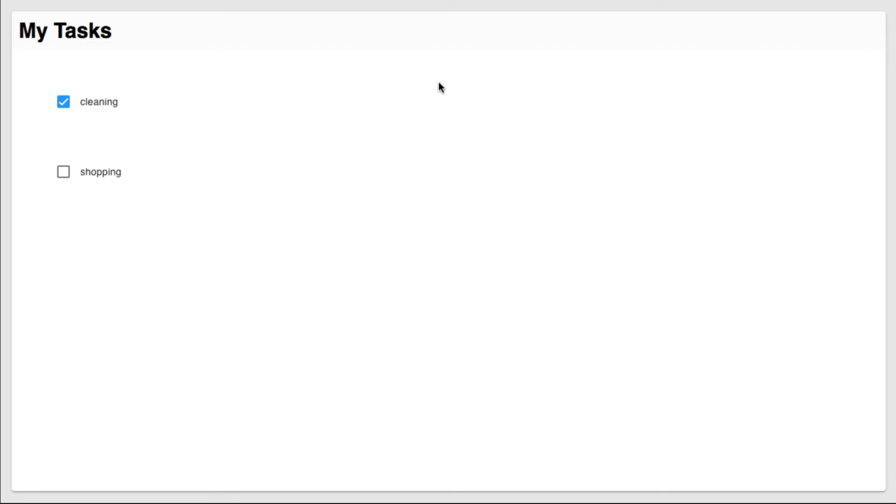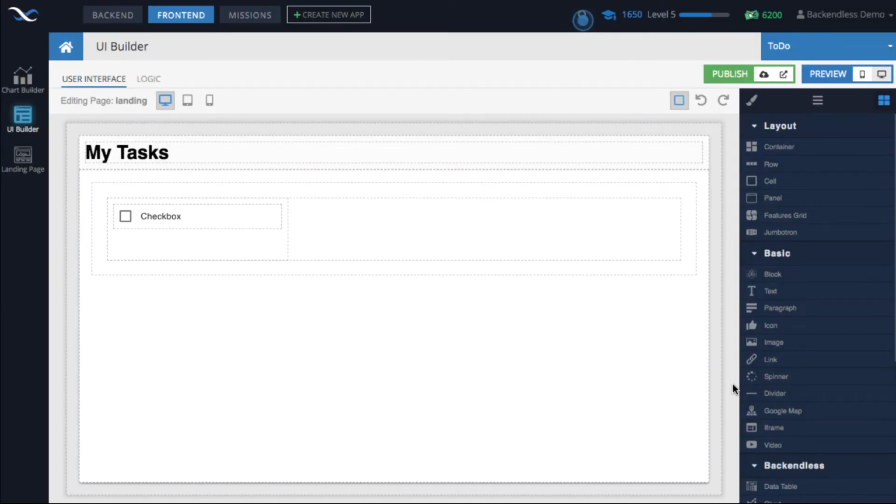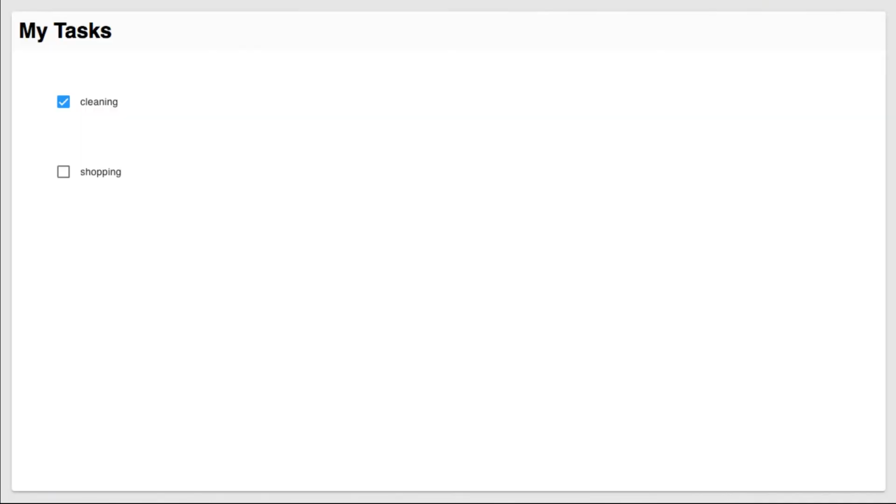So this data binding is magical, because all you need to do is just to connect the state of that component, in this case the checkbox, and we connected the label, we connected the checkbox with the property of an object, and it automatically is there. So in here we already covered the use case of retrieval data from the database and rendering it on the page. Right now we have only 2 objects, but if there were more than 2, of course you would get additional rows with exactly the same content.